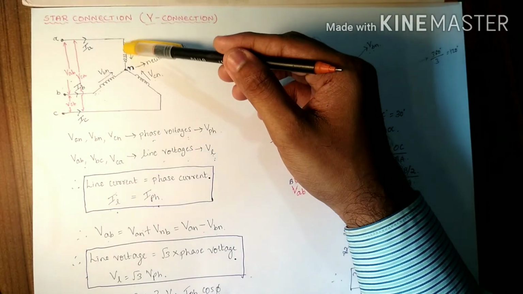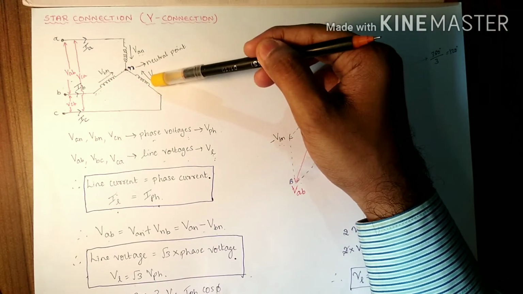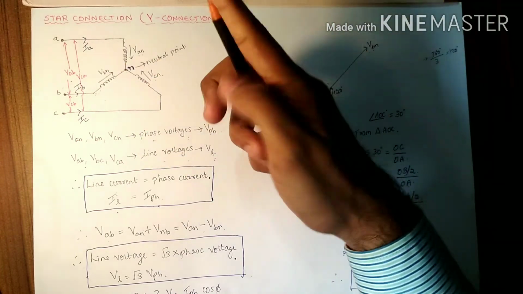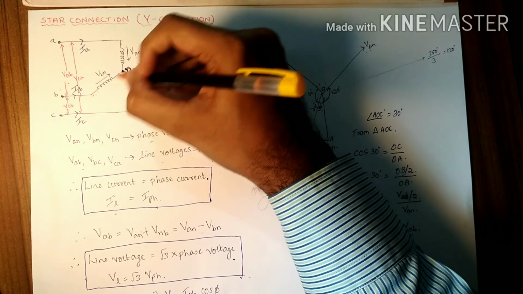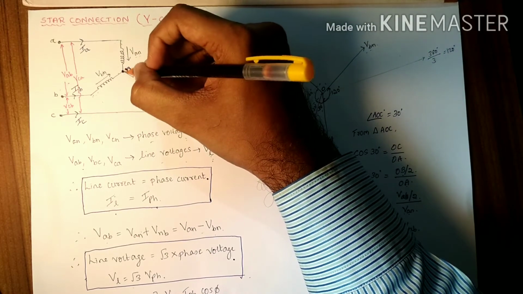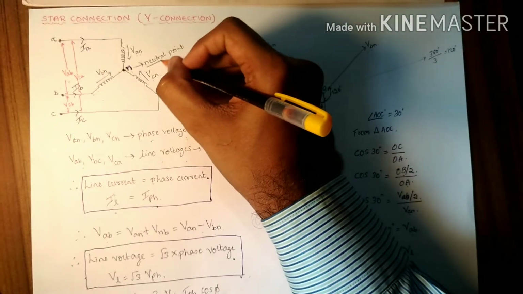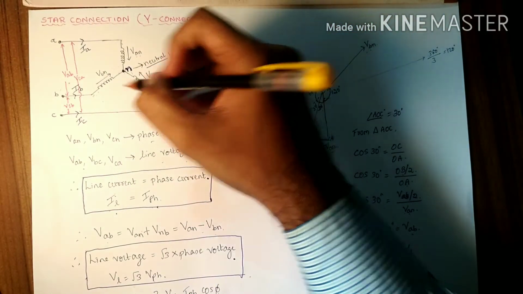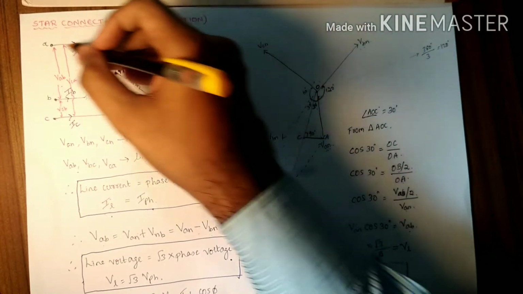So here you can see this is one coil, this is second coil, and this is the third coil. So when one end of each coil is joined at a common point N, so I can see this is N, and this is the point where each end of each coil is connected to the common point, and that is nothing but N, and that point is also called as neutral point, whereas the other ends are free. So you can see all the other three ends are free.